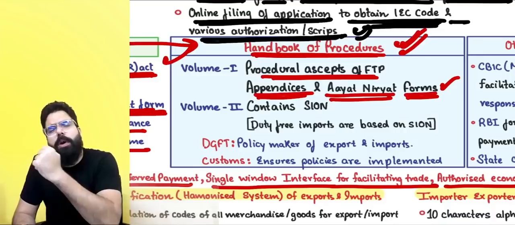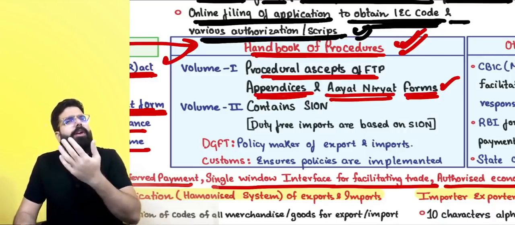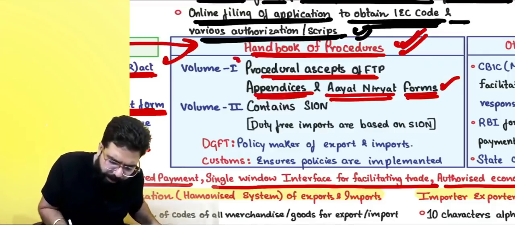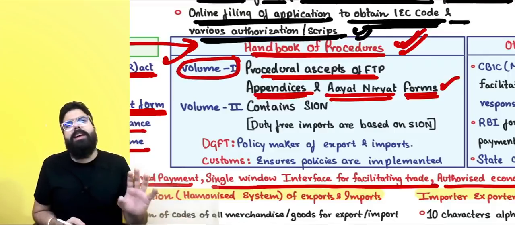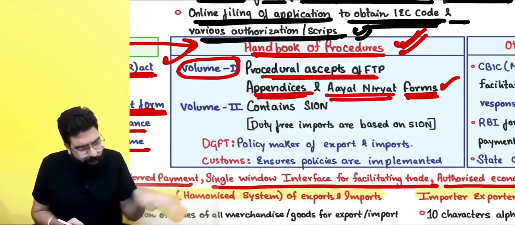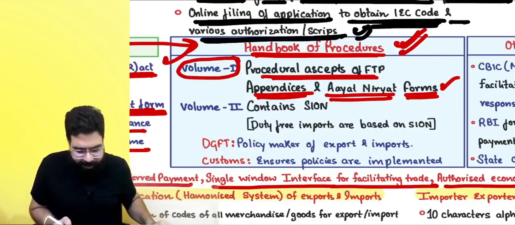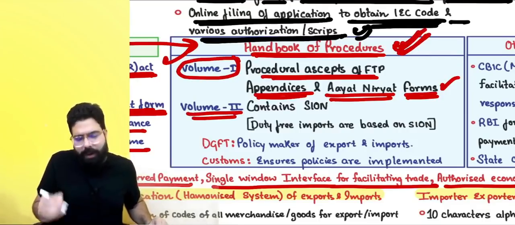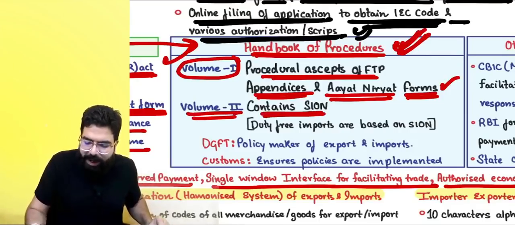For an example, you want to go ahead and take an import export code, you will need a form. All those forms which are there in volume number 1. Basically, it's kind of rules to support the foreign trade policy. Okay, sir. Then volume number 2 of the Handbook of Procedure consists of SION, Standard